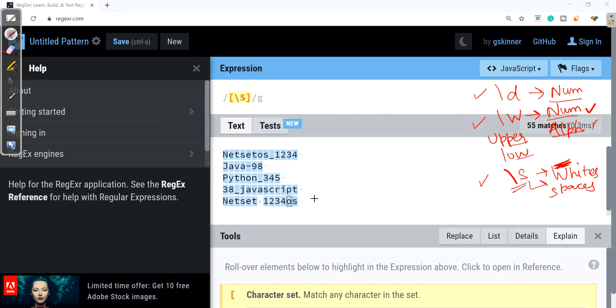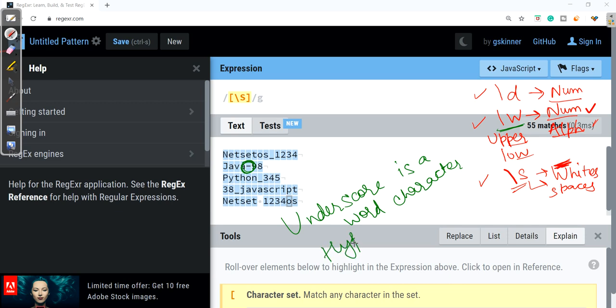So with this, if you have observed, underscore is a word character, but it was not taking hyphen. This dash was neither in W nor in D, neither in space. So hyphen is not a word character. You are not sure? Let's see it once again.